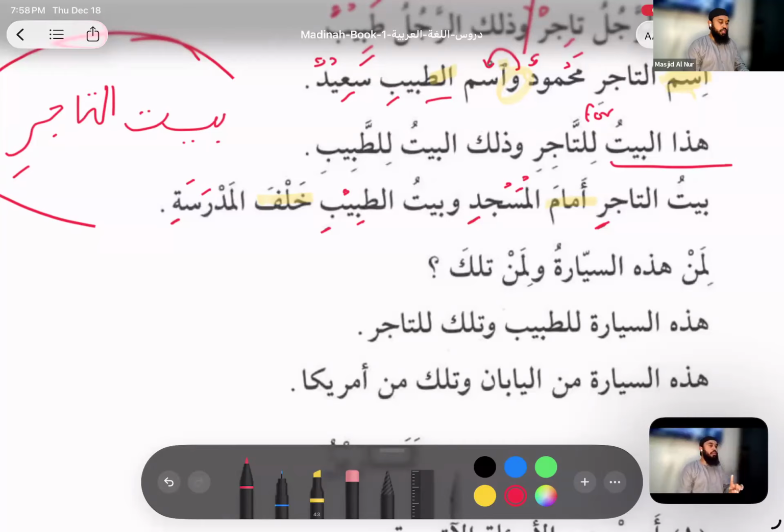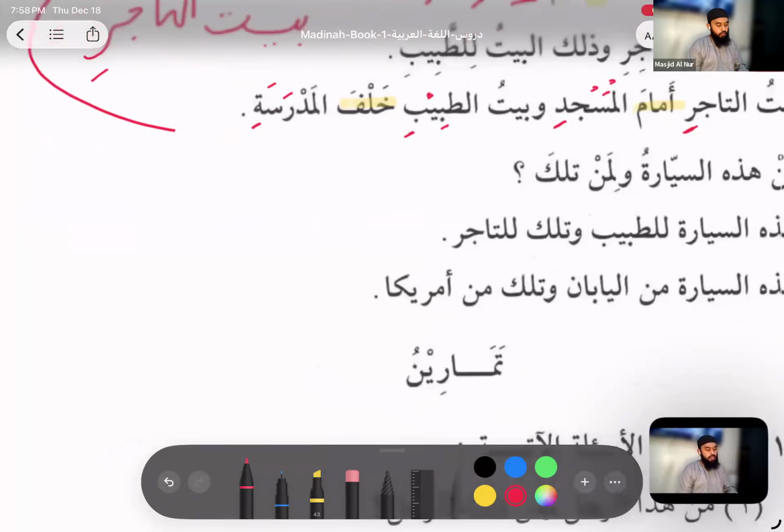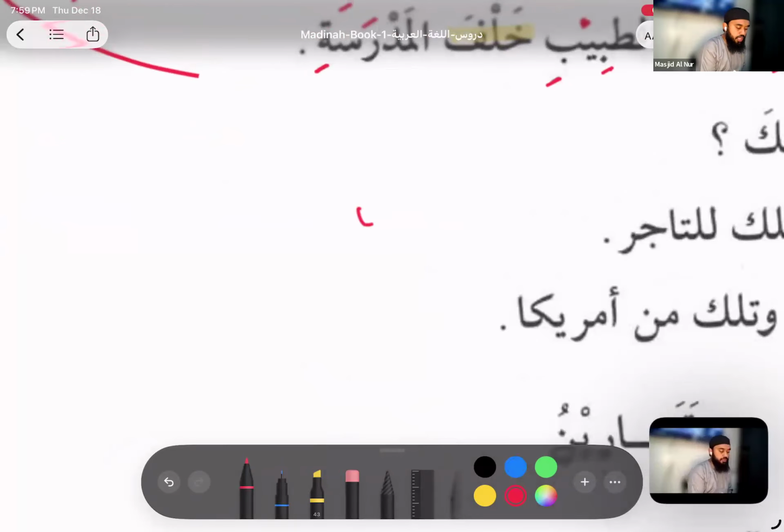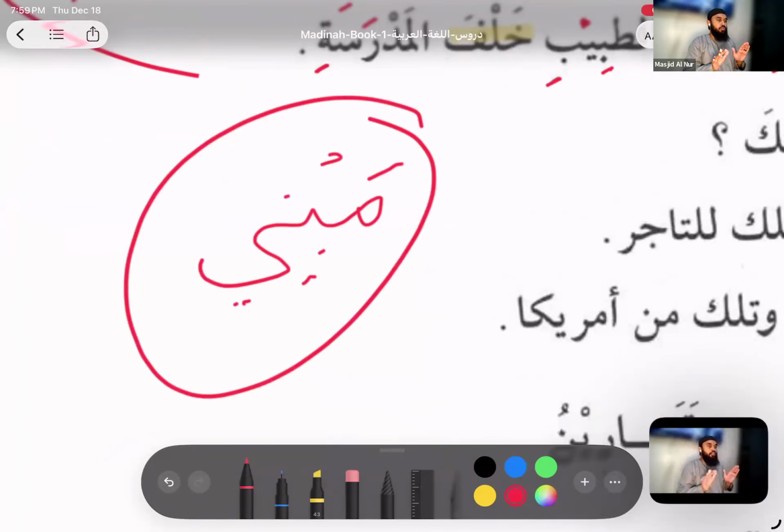So now I'll tell you guys this. I did not talk about mabni words. You guys learned about mabni. I explained to you guys in the exam time once. Mabni are words that can never be changed. You know how we learned words are changed in accordance to whatever is before it? Like if a fi were to come before a house, it'll be fil baiti. The last i'rab will change. Mabni means it will always stay the same no matter what.